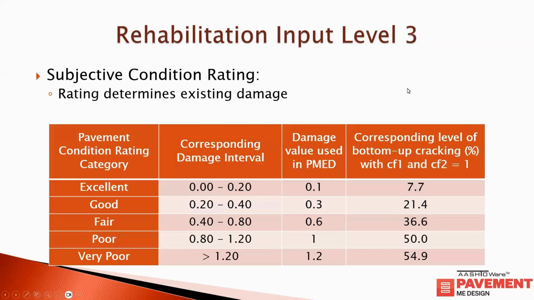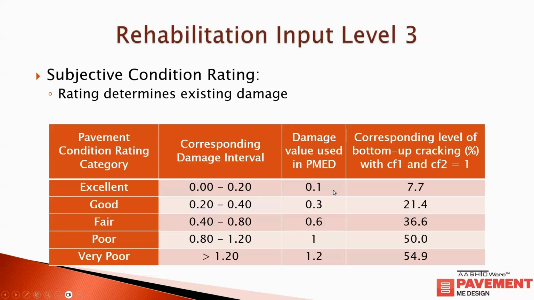So now for level 3, this is based on a subjective condition rating. That rating determines the amount of existing damage. So as you can see, here are the default values that are implemented. If your pavement condition rating is excellent, then the corresponding damage interval there is between 0 and 0.2, and